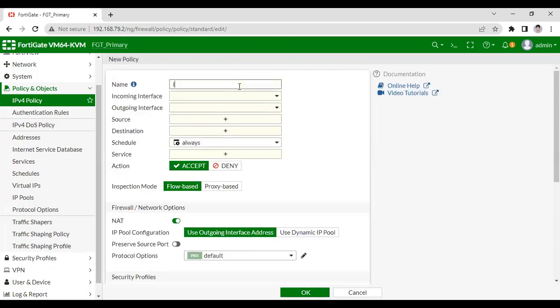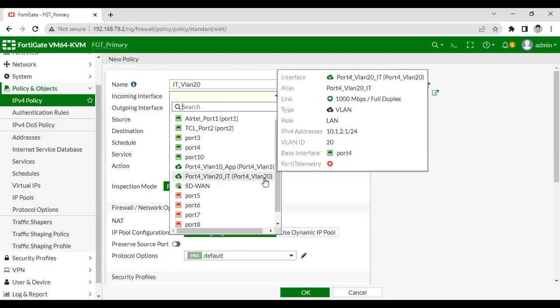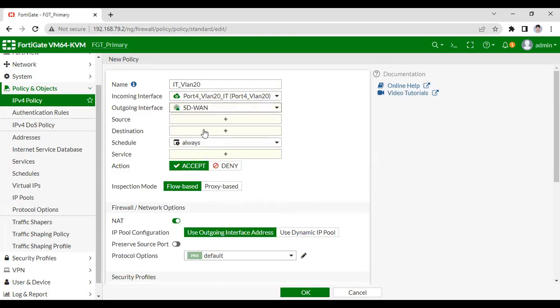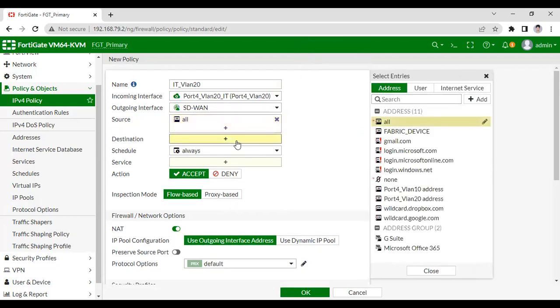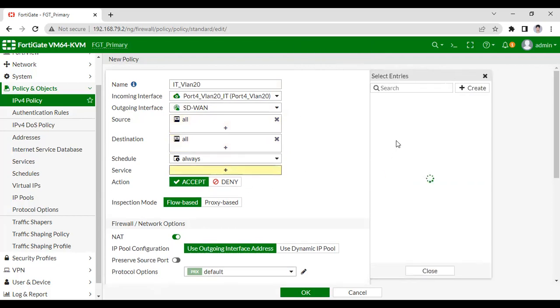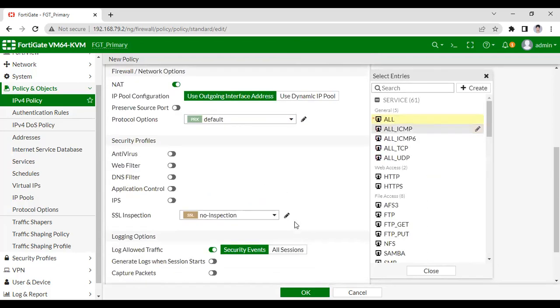For IT, VLAN 20, the incoming interface I'm going to have is port 4, which belongs to the inter-VLAN routing VLAN 20, and the outgoing interface is the SD-WAN interface. Source also all, destination also all. But you can configure as per your organization's requirement, I will suggest.